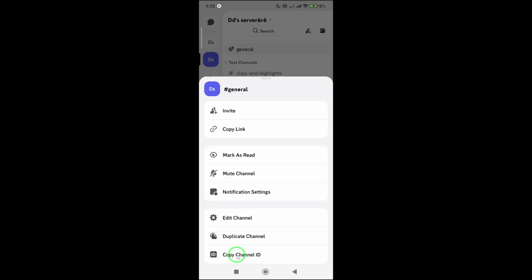Once you do, the channel's unique identifier is copied to your clipboard. This ID is a long string of numbers that's useful for developers, bot configurations, or advanced moderation setups. You can now paste it wherever you need, such as in a bot command, a webhook, or a server configuration